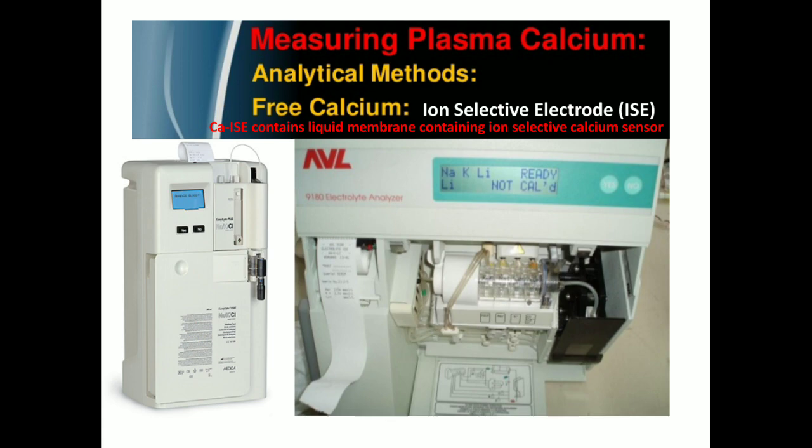The common ISE machines that you will find in your laboratories are the AVL of Roche and the Transasia, both machines you can see here. There is one electrode that is always for sodium, one for potassium, and then there is a third electrode where you can have either chloride or lithium or calcium. So you can change it accordingly. If you put the calcium electrode there, then along with sodium, potassium, you can measure ionized calcium. There are different companies, different types of machines, but ionized free calcium you can measure by the ion selective electrode method. The bound form will not be measured by this method, so you only get the free ionized calcium.